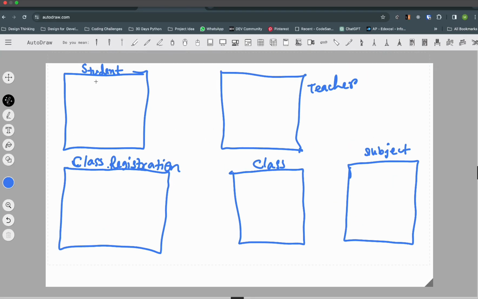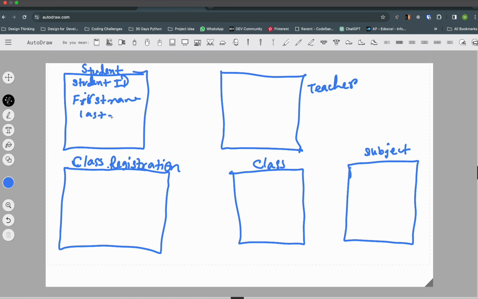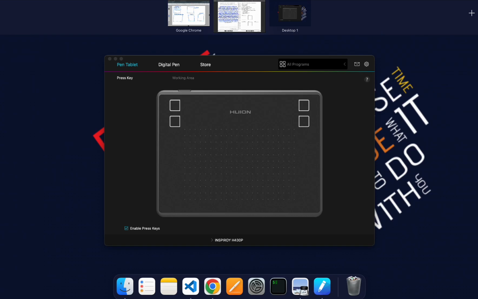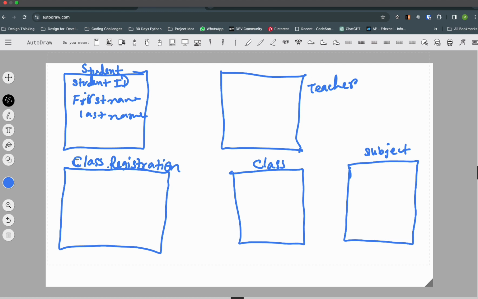Okay, so student ID, I put it in short, you just write the whole thing. So this one is student ID. Then there will be first name, then there is last name. First name, last name, student ID, and date of birth. Okay, so the other one is date of birth. Subject has a subject ID